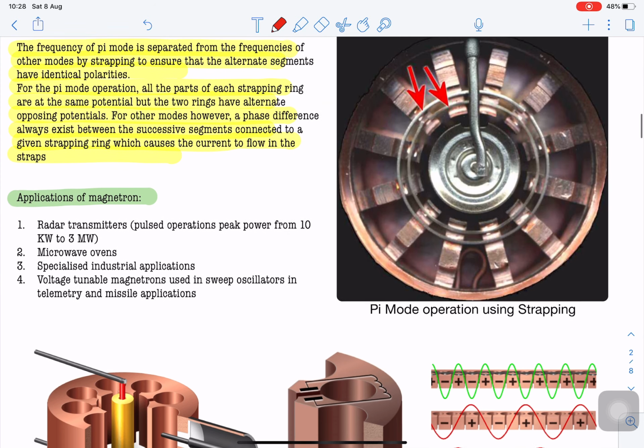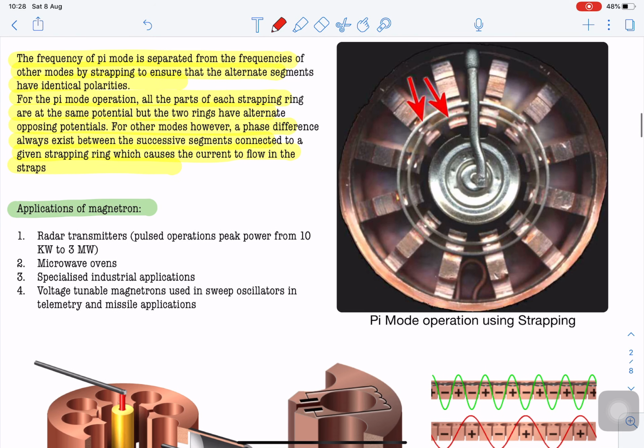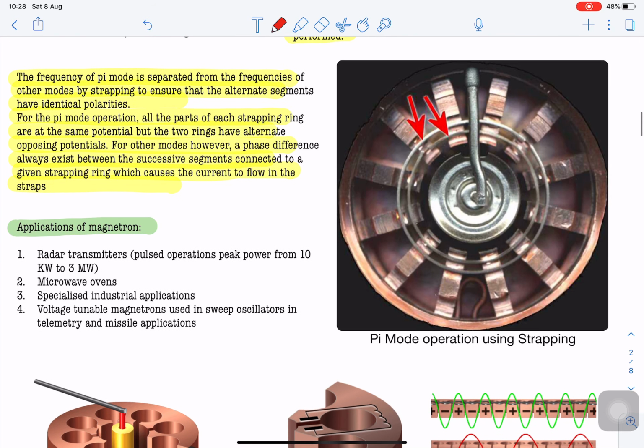This process of strapping is indicated over here. Strapping means we connect alternate cavities with a short circuit configuration. Here it is denoted. This particular cavity is short circuited over here, and similarly alternate cavities: you leave one cavity and take the other cavities in this way. There are two heavy metallic rings with which the cavities are short circuited alternately in this way. If you observe, there are two rings over here. The outer ring, so here I will write ring 1. I will change the color.